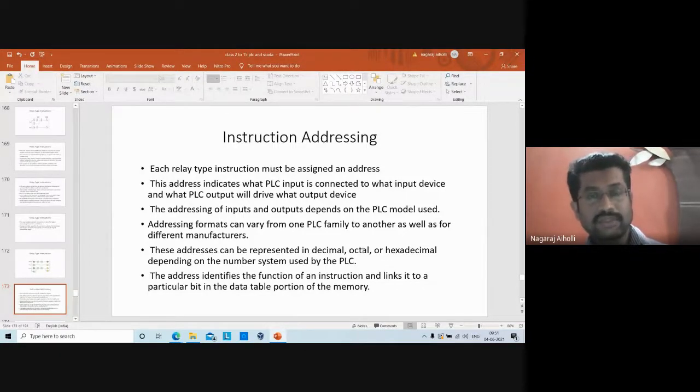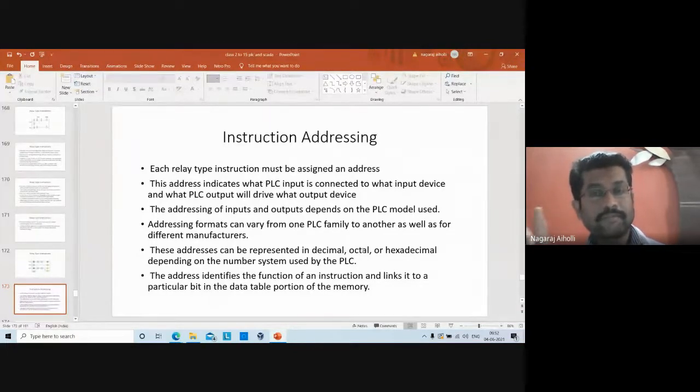When the instruction is used with a certain address, say I'm using the instruction XIC I:1/2, or XIC 1/2, that means slot number 1, bit number 2.